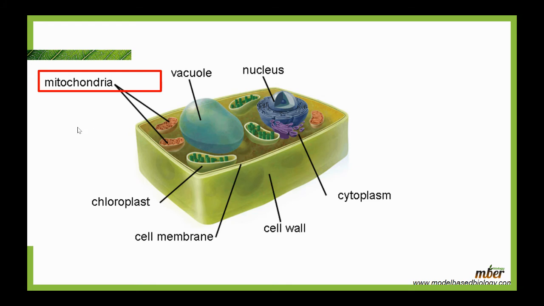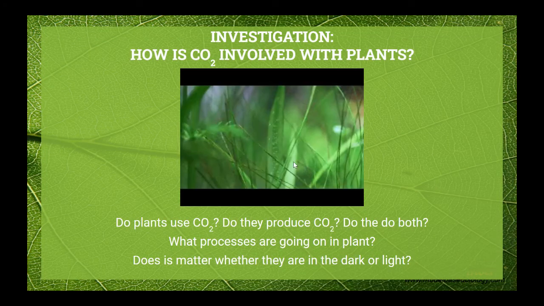So this is a plant cell, right? We have mitochondria in a plant cell. Mitochondria's sole purpose is cellular respiration. But a byproduct of cellular respiration is CO2. So it's kind of confusing because plants are producing oxygen and CO2. That doesn't seem to make a lot of sense, does it? So plants produce CO2.